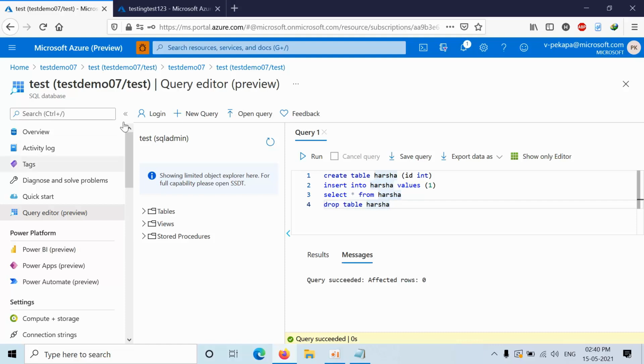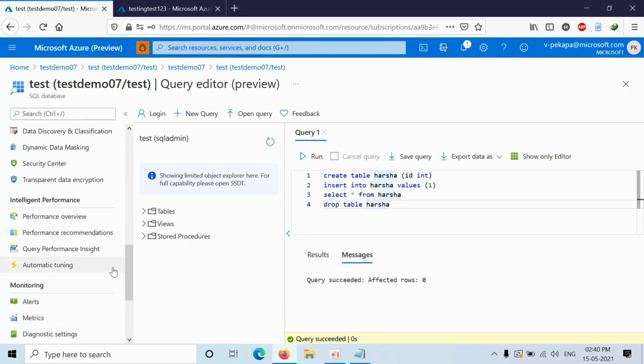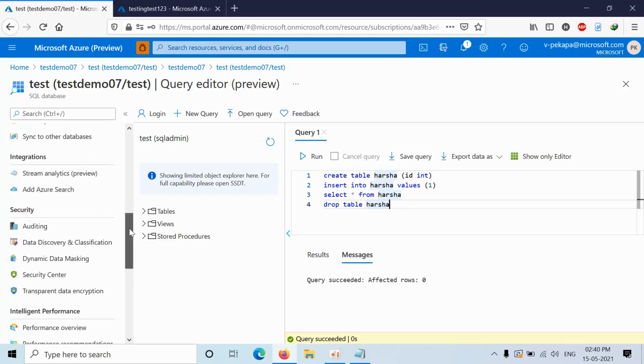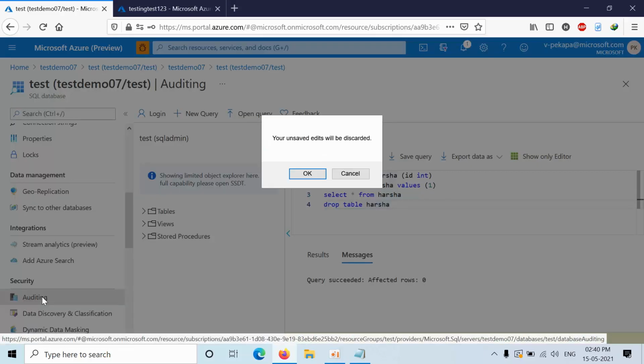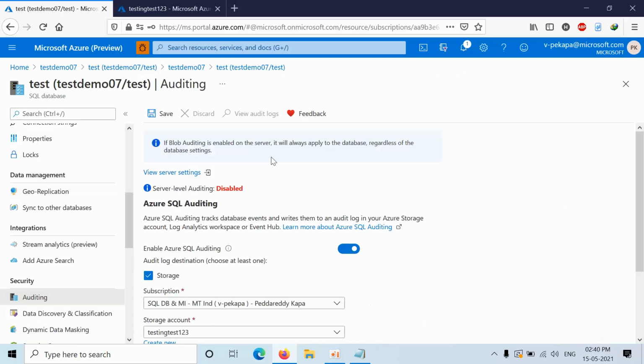Let's see that. Go to auditing. Click on view audit logs.